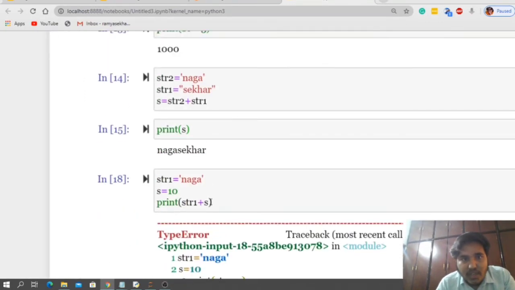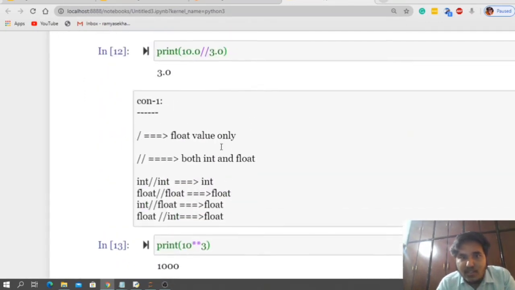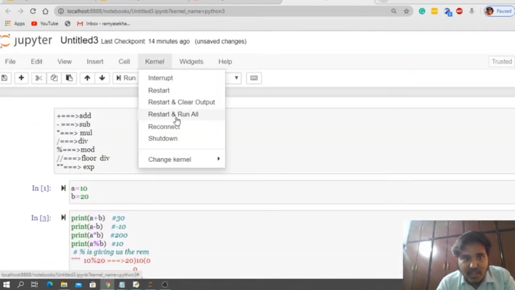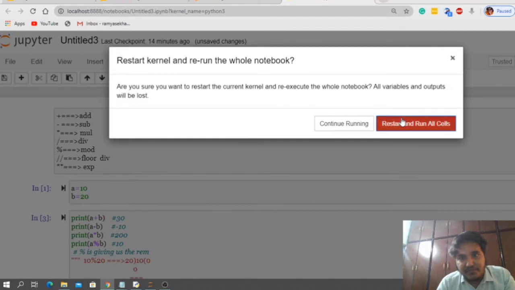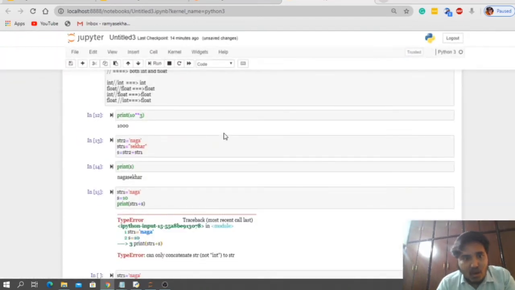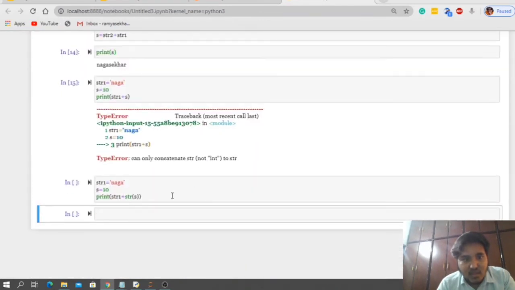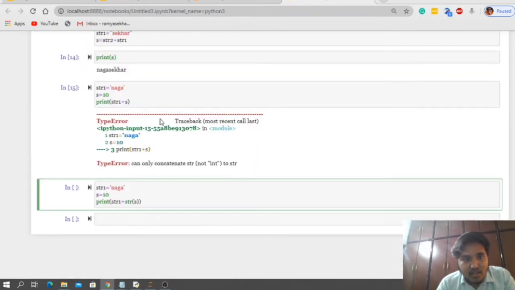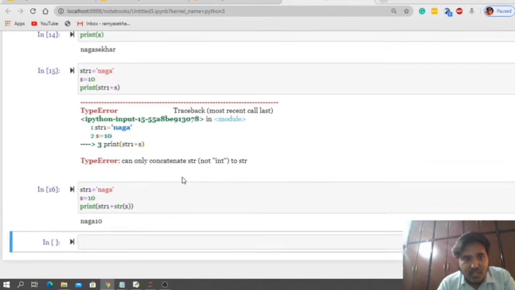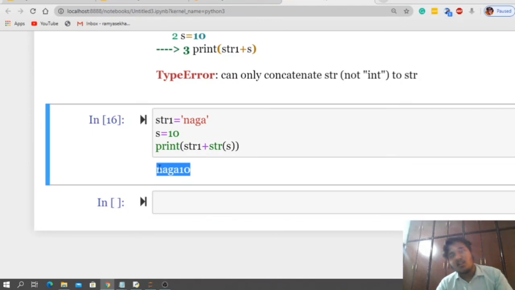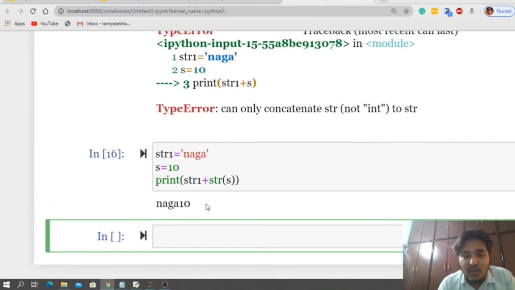So for this, what we can do right now is restart the kernel once again: restart and run all. It will restart everything and run it. Okay? So here we are getting an error. So see here, guys, I am getting Naga10. Is this clear? Yeah. Now we have a second wonderful conclusion. What is conclusion number 2?